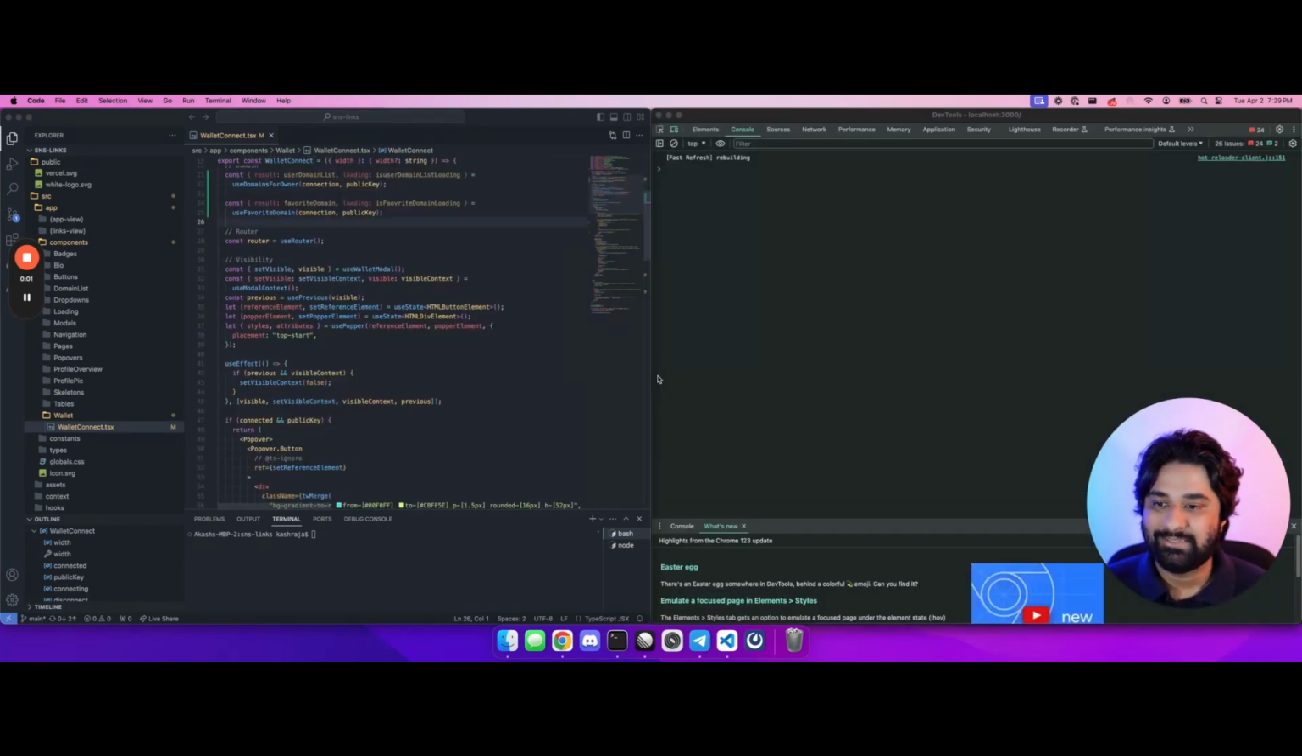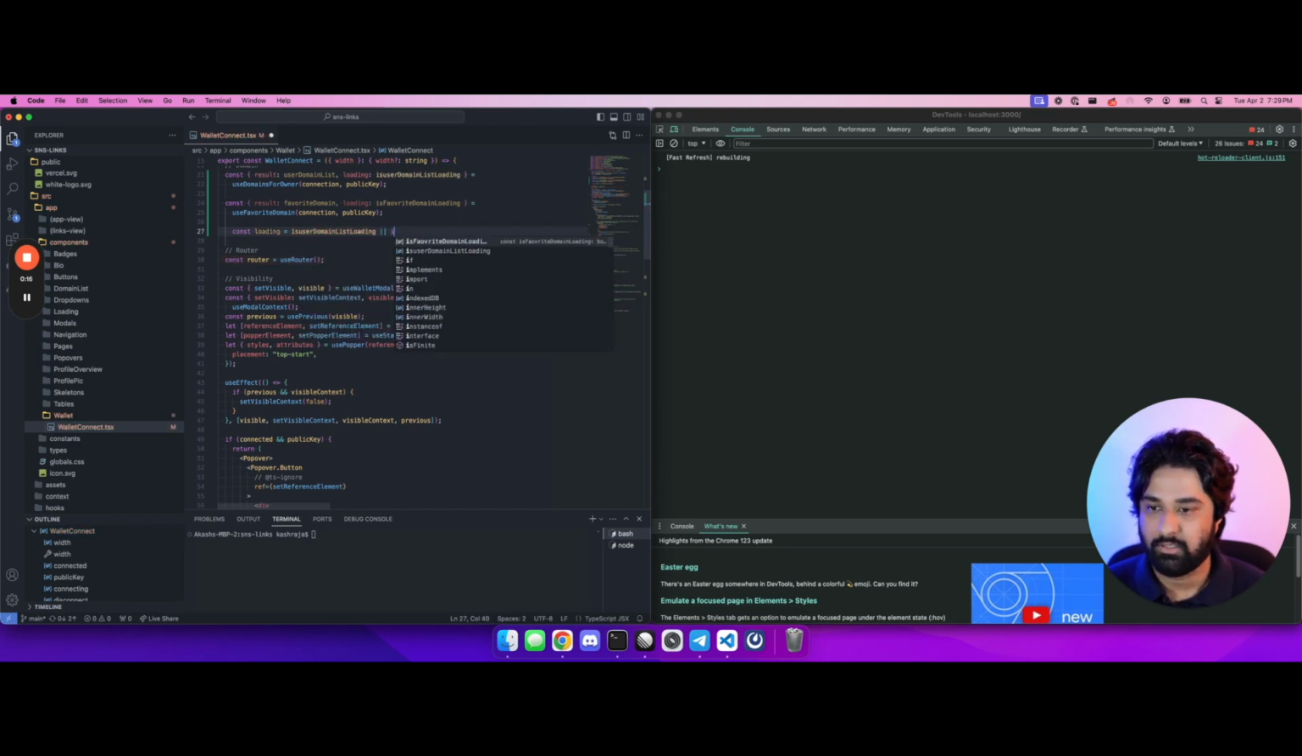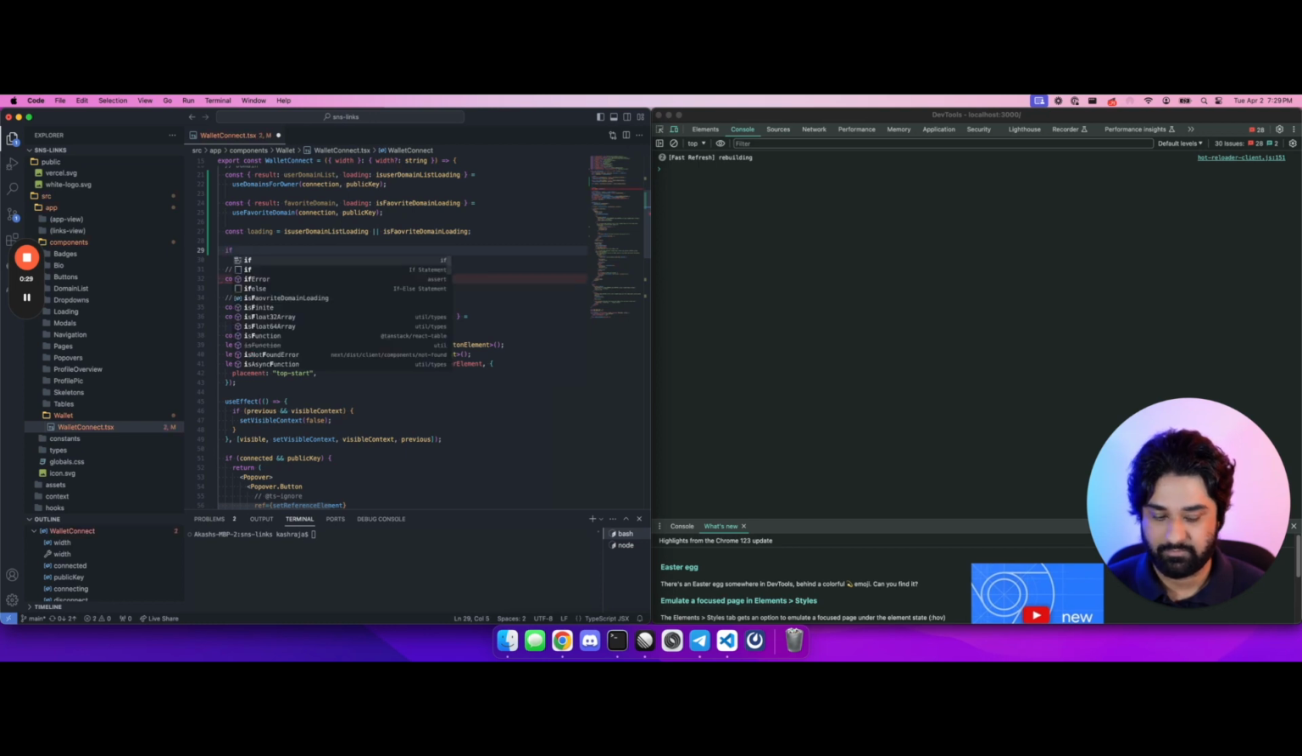So let me quickly set up a loading variable that will account for if the user domain list is loading as well as if the favorite domain is loading. That just looks something like this. Loading equals is user domain list loading or is favorite domain loading. And now I want to log the results from both of these calls to see what our data looks like. And I'm going to do that as long as we're not loading. And that just looks something like this. If not loading,